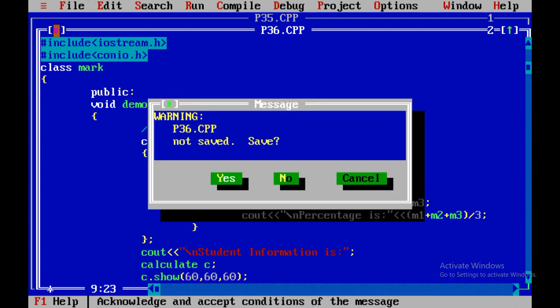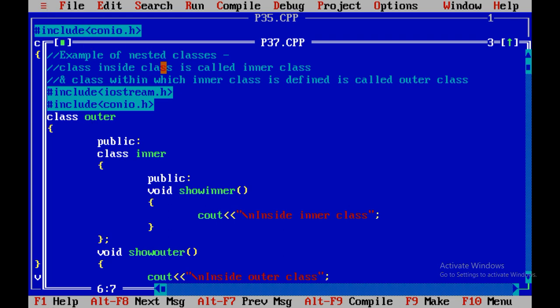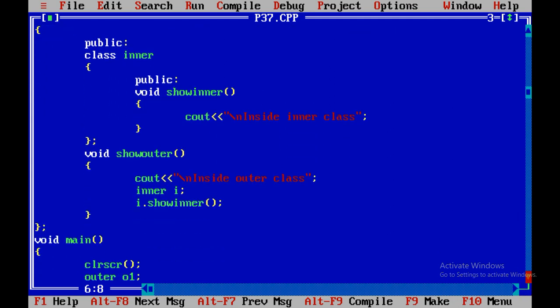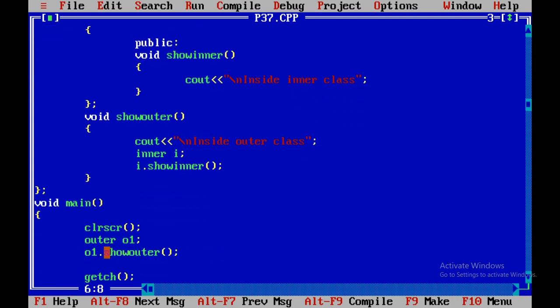But when you use the concept of nested classes, with the help of object of outer class, I have created the method called show outer, and I have created inner object i, and i dot show inner. One more thing I want to show you over here: inner i1 and i1 dot show inner.